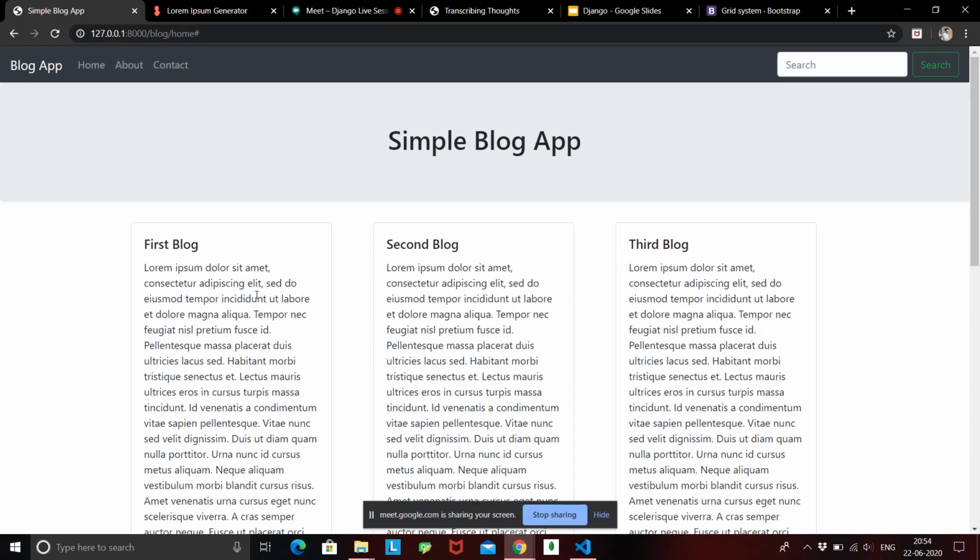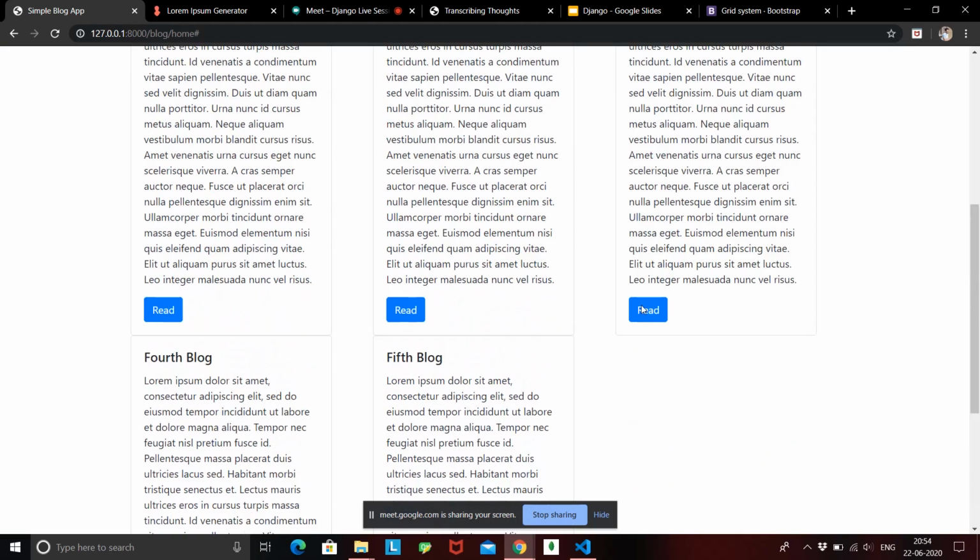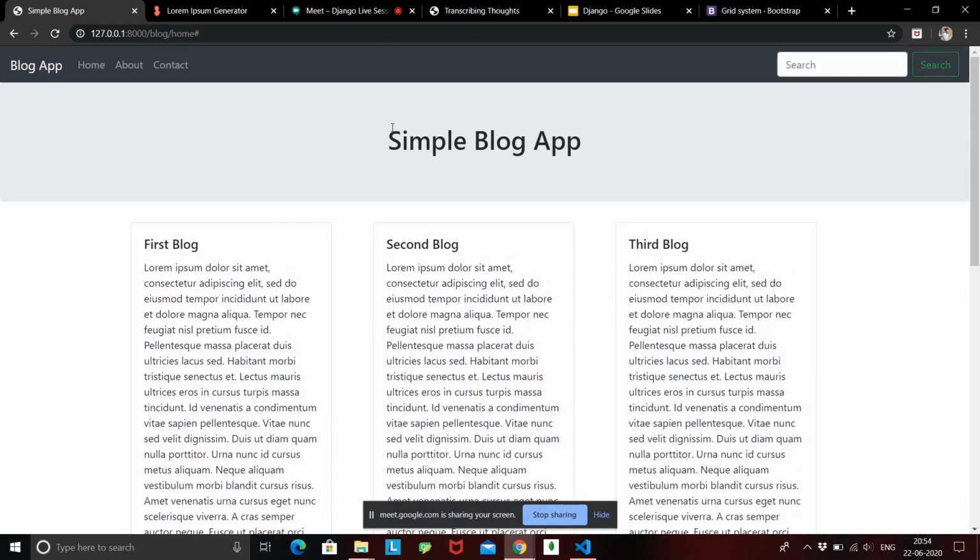So what we are going to see tomorrow is, today we just created this blog through admin, right? So the admin was the only one who can create this blog, and that too through the admin panel. We are not creating this blog through our website. So tomorrow we are going to see how we can create input forms that will take input from the user. We can take the title and the body from the user himself, and we can post it on this front page.